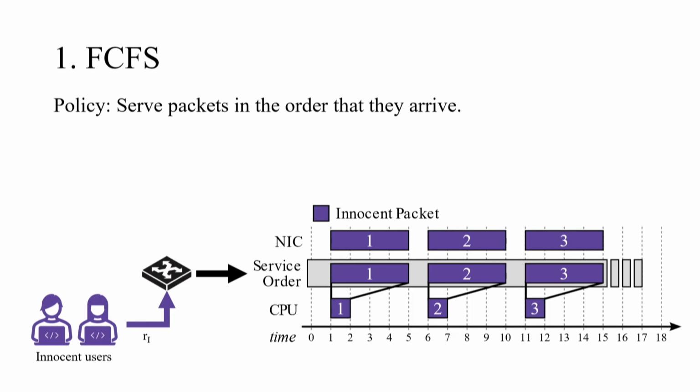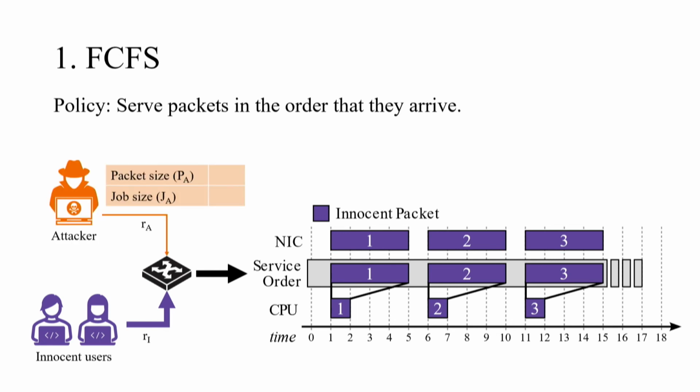So here we have innocent users who are talking to an NF, and this is what the system state might typically look like. On the x-axis, we have discrete time. The first row depicts NIC time, which is the packet bandwidth, and the bottom row depicts the CPU time, which is the amount of time it takes to serve this packet. We see here that innocent packets are fairly large, but don't take a lot of time to be processed. So the system is underloaded.